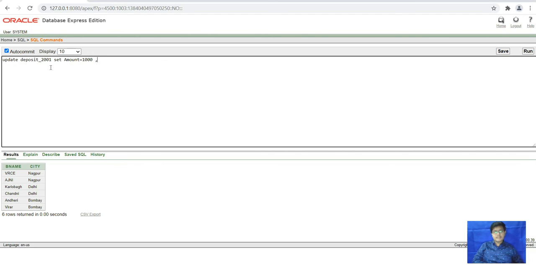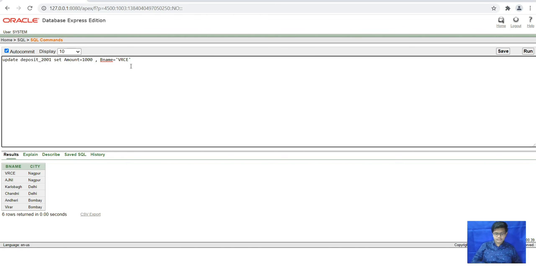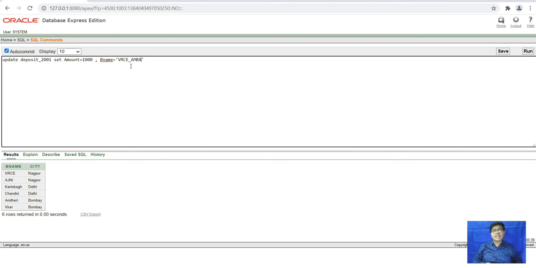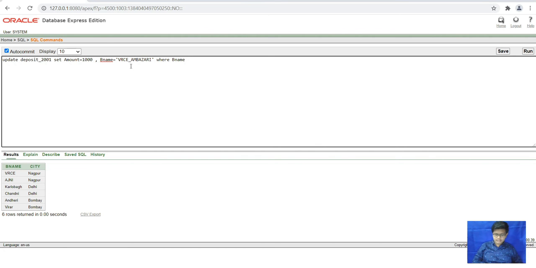After that, the branch name of Vers will be changed to AMVARZARI, where the name is... So here one row is updated.